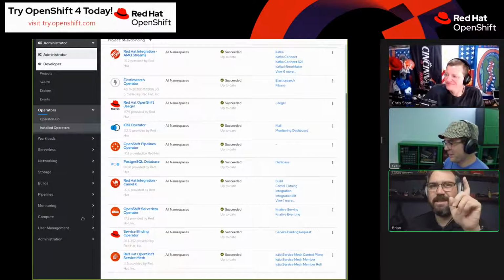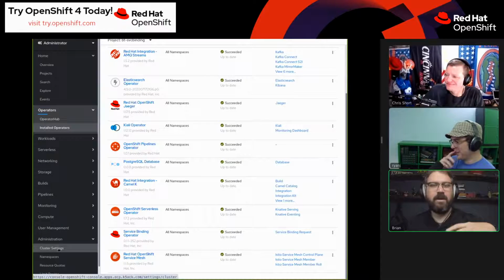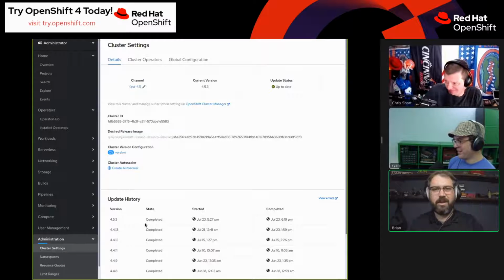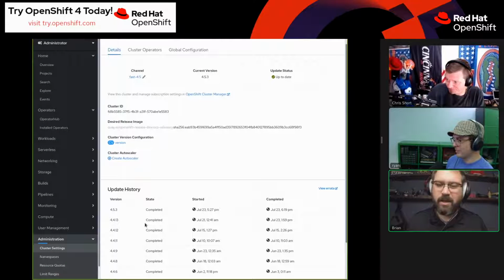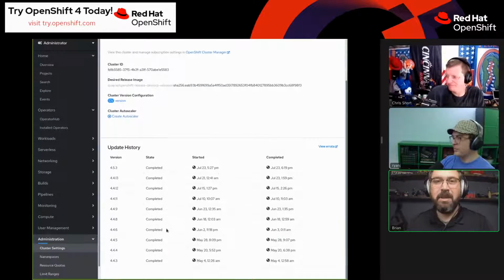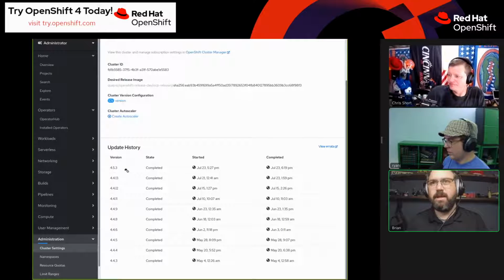And I will say the one thing with operators and OpenShift that you have to think about, at least right now, maybe OLM's working on getting smarter. It does a ton, which is awesome. But I started out with a 4.4 cluster, and you can see I've done a couple different updates here.